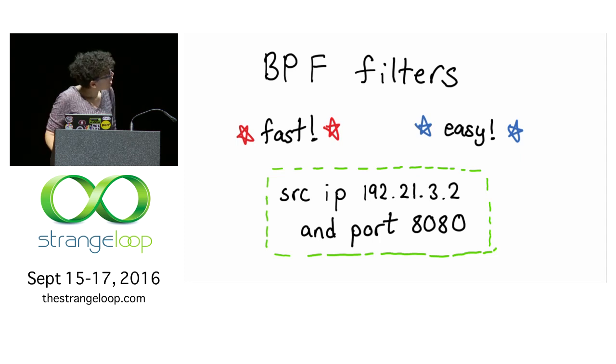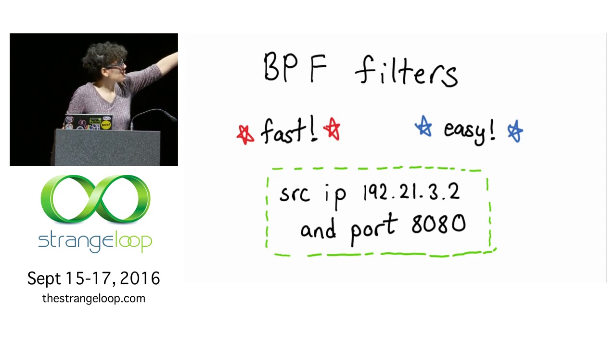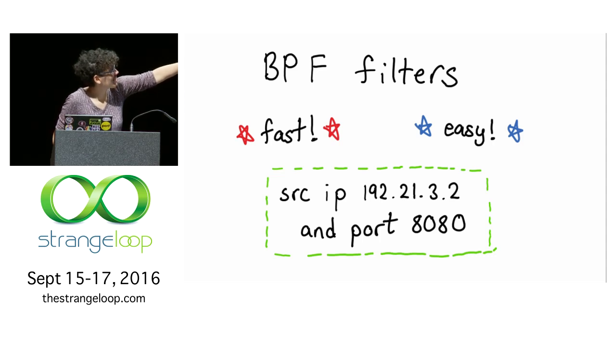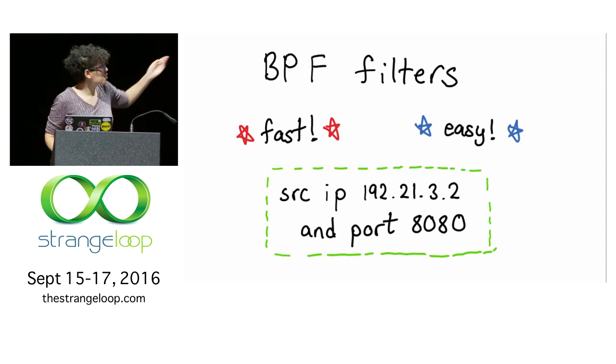Oh yeah, and BPF filters are pretty easy to write. You just say source IP this. Oh no, it's IPcirc. Anyway, I always get the order of those two things wrong. But the cool thing is it's either source IP or IPcirc, and you just try both, and then it works. So you can just say source IP this on port 8080, and then it just works.